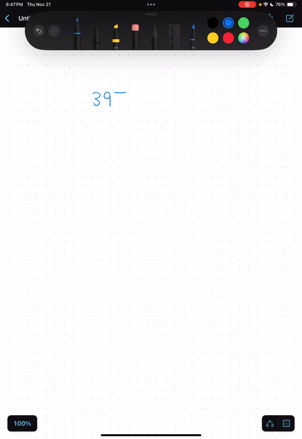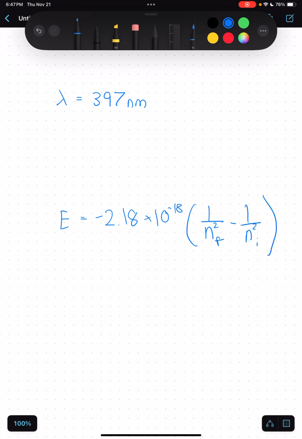So let's just kind of lay it out here. This is the wavelength. I know that because it's a length measurement. And ultimately, I'm going to need to use this equation. Okay, and I know that initial is 7, and this is what I'm looking for, n final. So I also need to know what the energy is, so that I only have one unknown, okay? So I'm gonna use these two equations